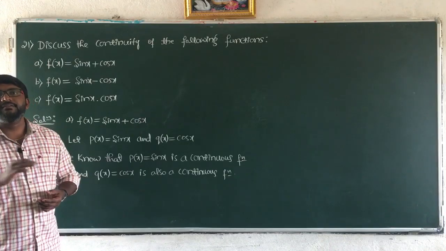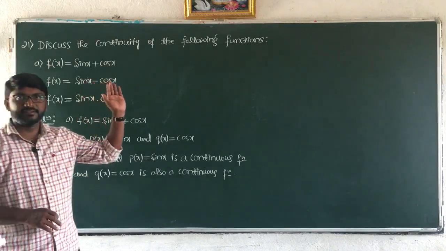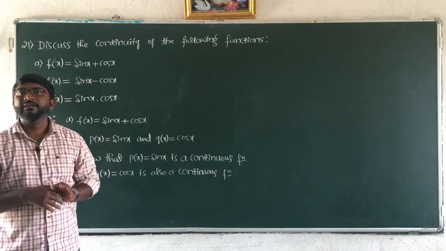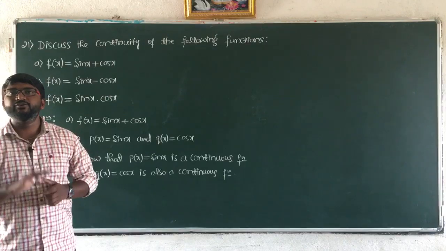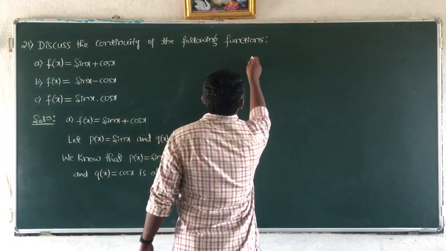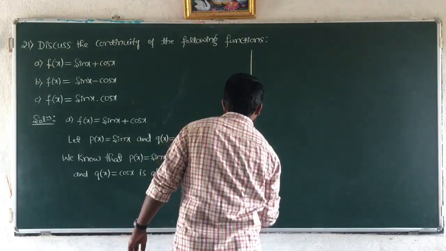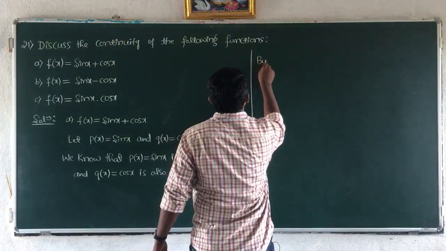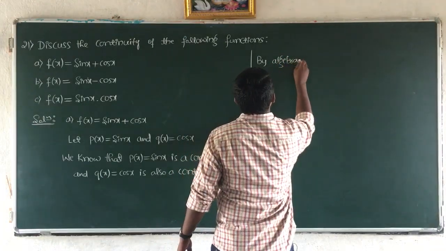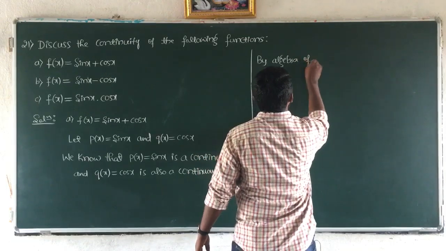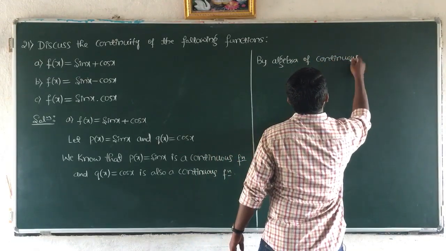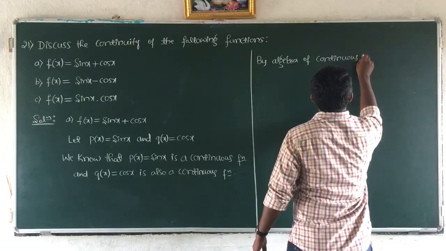always a continuous function. We had considered f of x and g of x. So if f of x and g of x are continuous functions, then f plus g of x is also a continuous function, that is, the sum of two continuous functions is always a continuous function. By algebra of continuous functions,